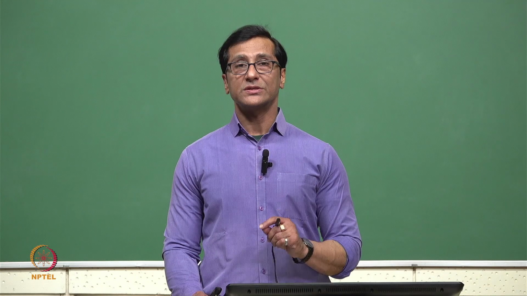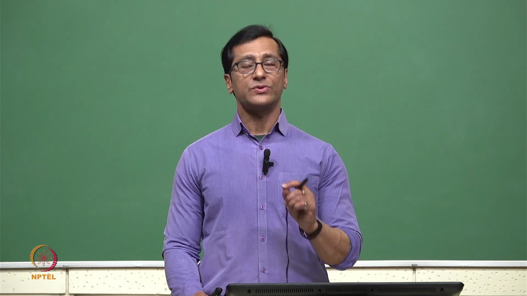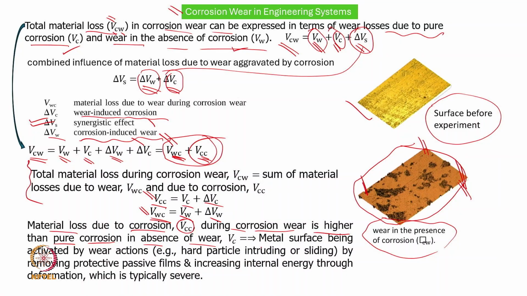So in the presence of wear, corrosion will increase significantly. That's what has been shown. Here we see the metal surface being activated by wear action. We see a hard particle intruding and sliding. Because of the sliding motion, surfaces will be removed, removing the protective passive layer and increasing the internal energy. Now this energy, because of deformation, can have a blowing effect because of the abrasion, and overall the situation will